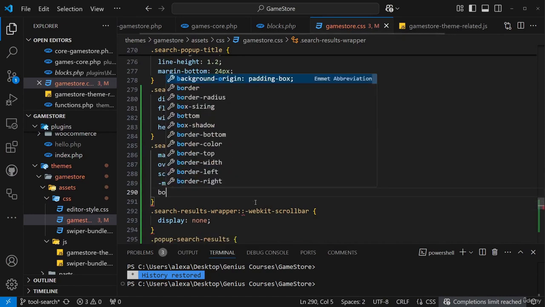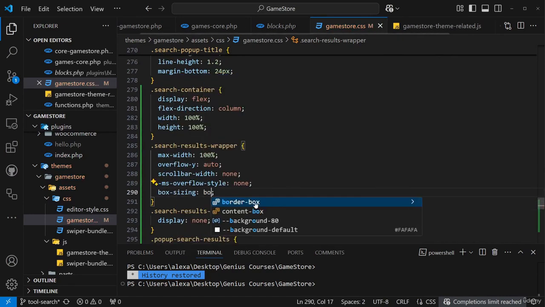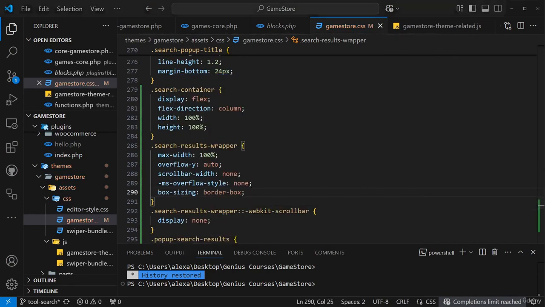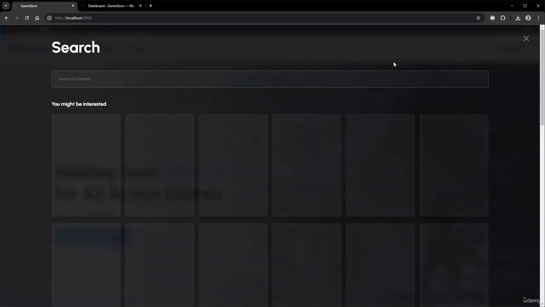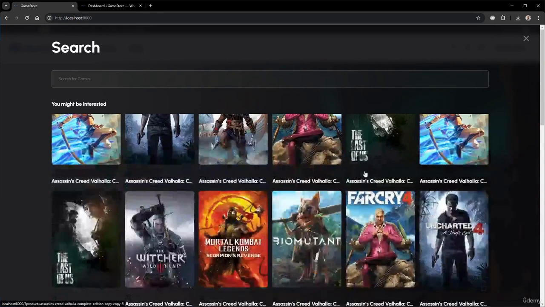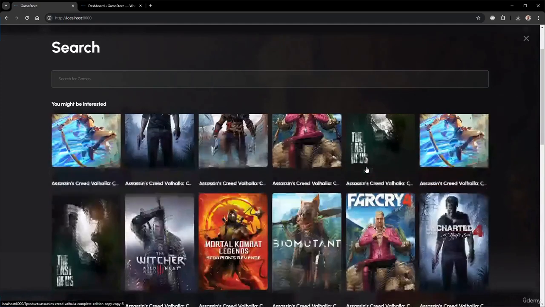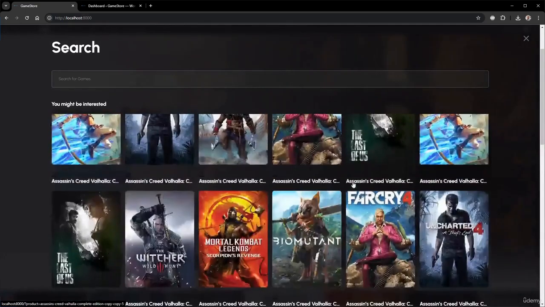We'll also set box sizing to border box. Let's check now. Wonderful. Now we have a scroll here inside our